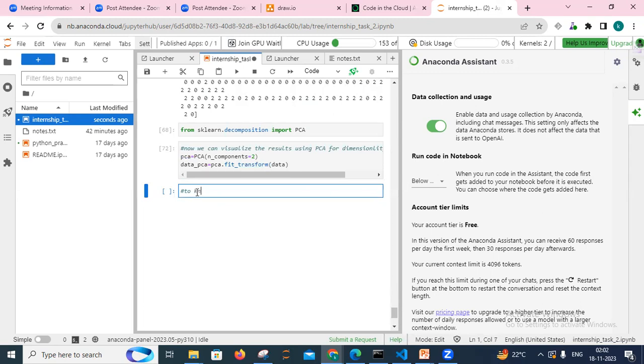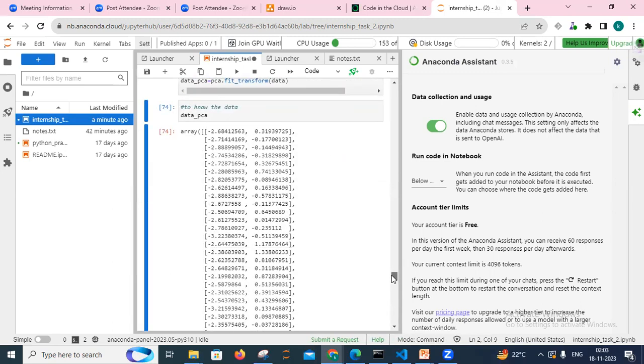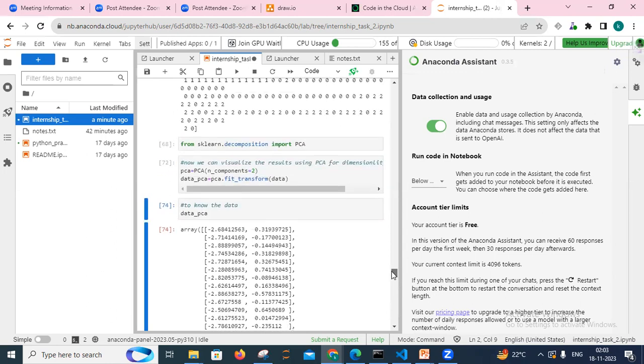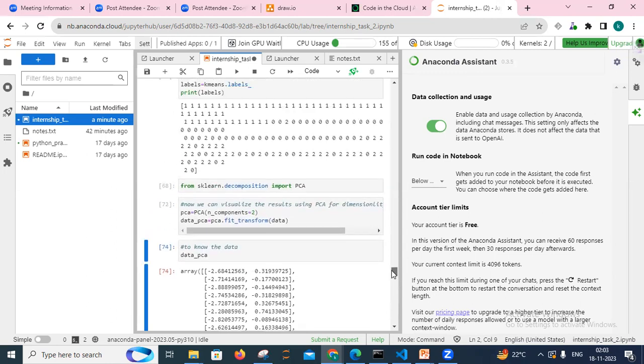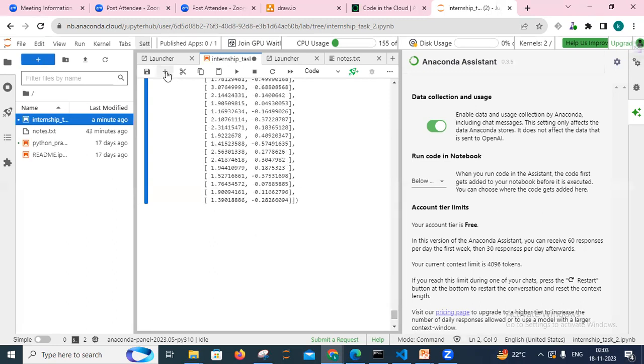This is the data PCA. So we have also taken it. Yeah, so next problem is